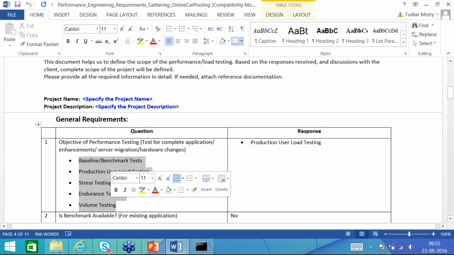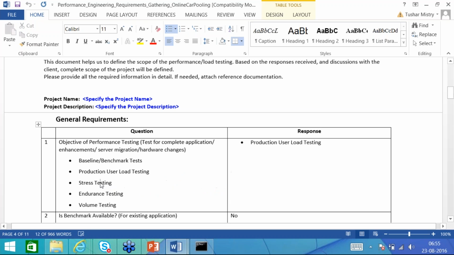As we have seen in the types of performance testing, we can go for load testing, stress testing, endurance testing, volume testing, spike testing. But how do we decide the type of performance test we are going to perform?